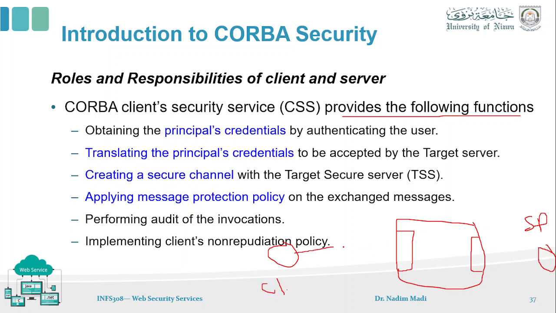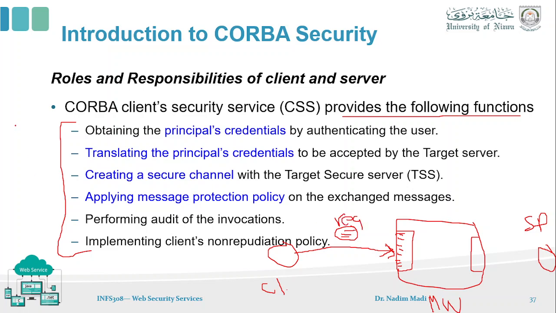So when the client communicates to the middleware, طبعا هذا CORBA بنسميه احنا الميدلوير باختصار. When communicating to the middleware, of course it should communicate through this kind of interface. So what are the security related functions that this interface should maintain in order to make the client comply with the security framework whenever sending a request?